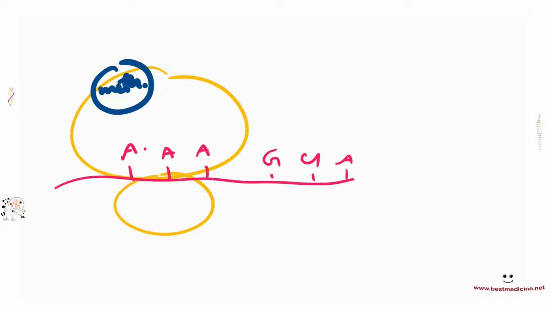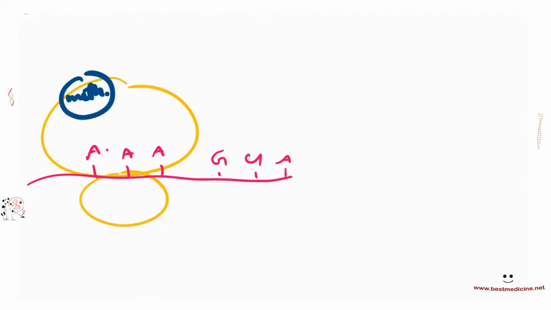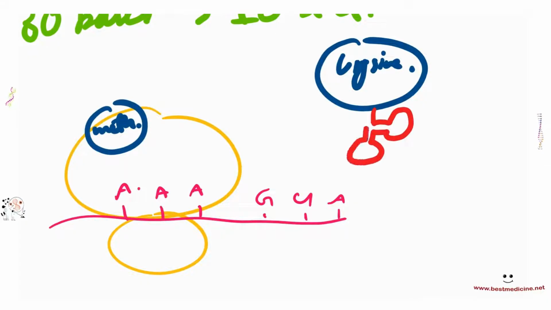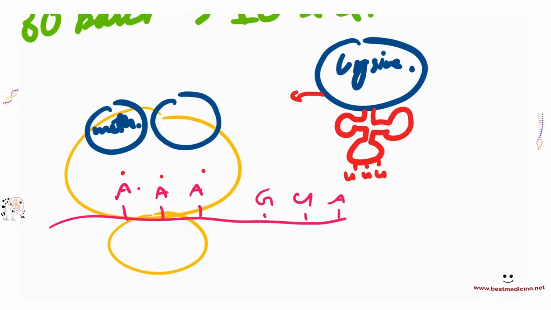So for example, we have an amino acid called lysine, so I'm just going to write that here, lysine. That will have a tRNA that is complementary to the next codon. So if this is AAA, that's going to be UUU because it's tRNA, so it doesn't have a T, but a U. And that's going to come in. So what will happen is that you'll have lysine here. Very, very important step. Lysine here, and its tRNA is going to be